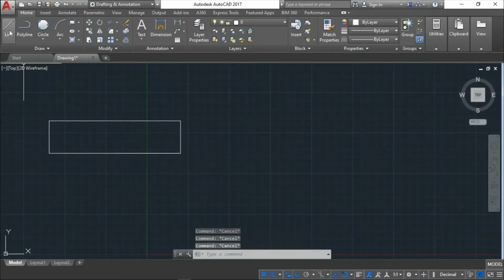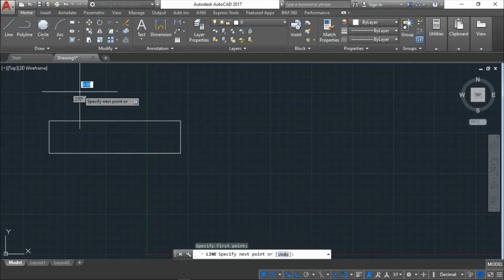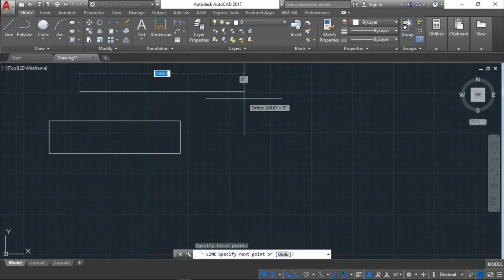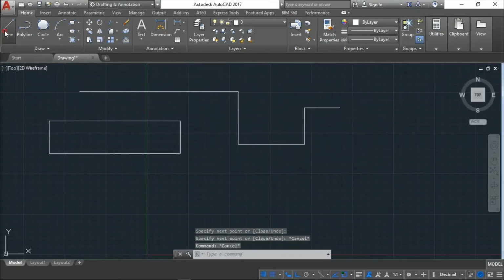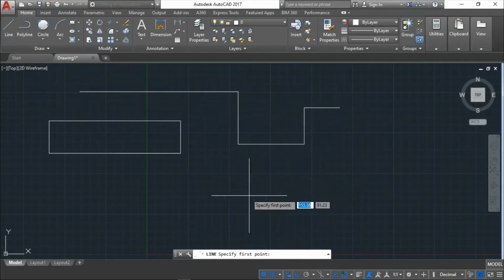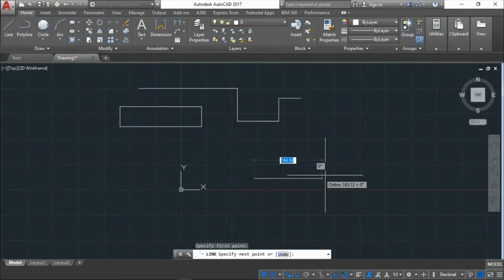Line command means simply we need to take the line, simply press on the screen wherever you need, and drag your line. Otherwise you can simply give a dimension. Without giving a dimension I can draw my line, and by giving a dimension I can also draw my line. For example, now I am giving a dimension, again making a line. I am giving dimension 200 and there is one more option.